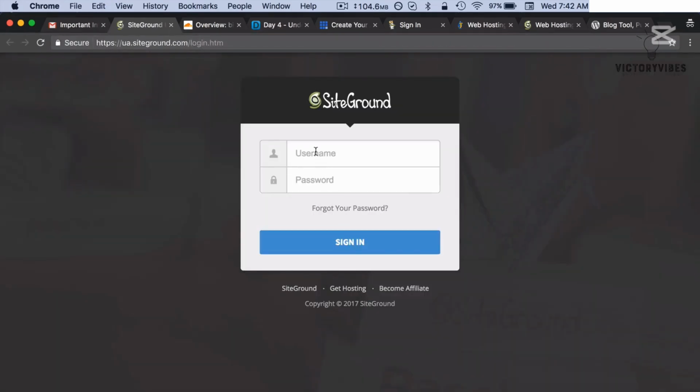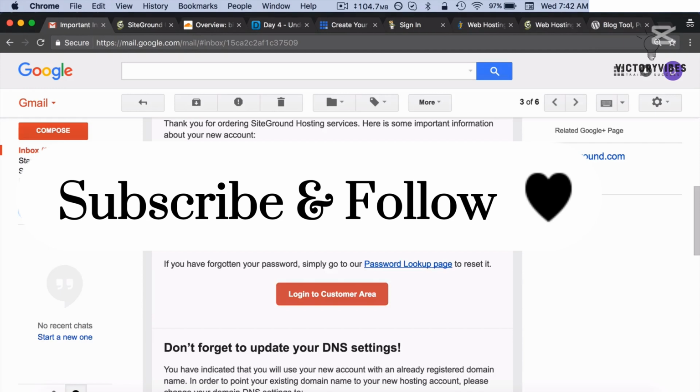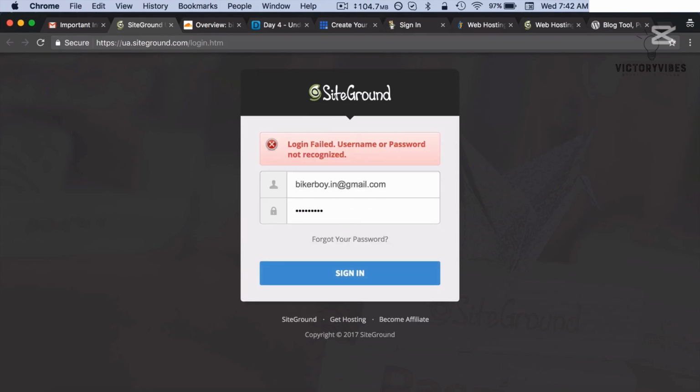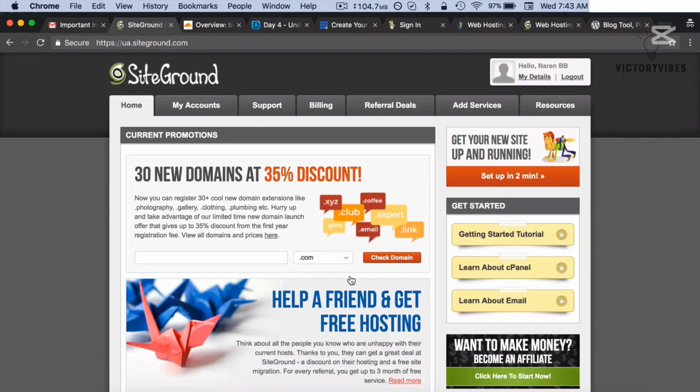Let me enter the username and password. So the username would be my email ID, and the password would be the one I chose during the sign up process. So here I am inside the SiteGround account area. If I go ahead and click on my accounts,